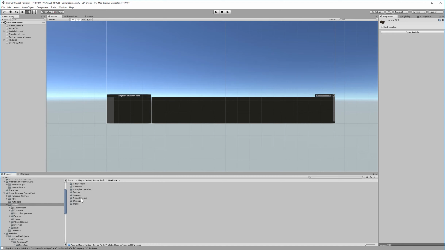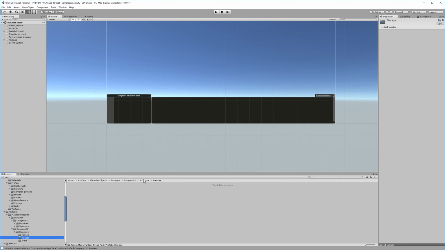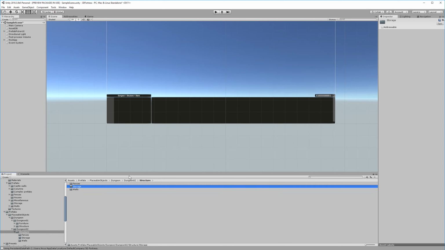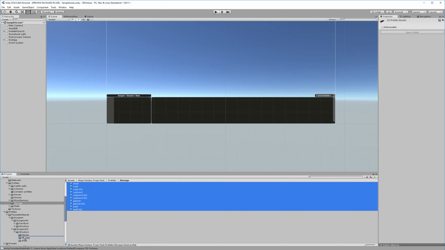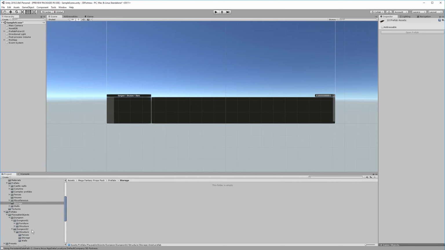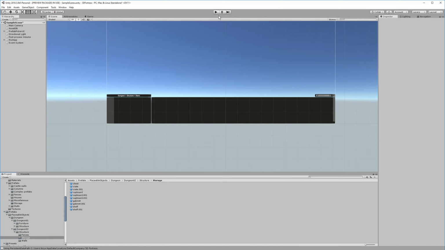In fact, yeah, let's go for storage. There's more stuff in there. Delete houses. I'll just rename it actually. Obviously storage wouldn't go in structure. This is just to show you. So if we go storage, I'll just grab all of this and stick it all into storage. So we've got these. Now if I press play,